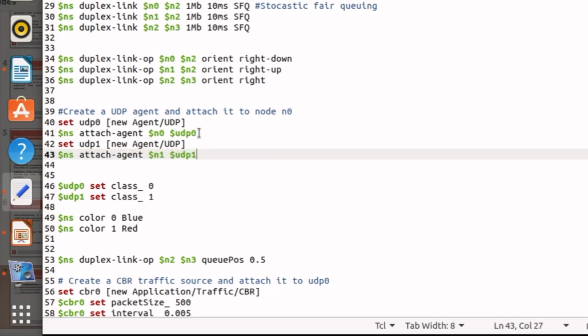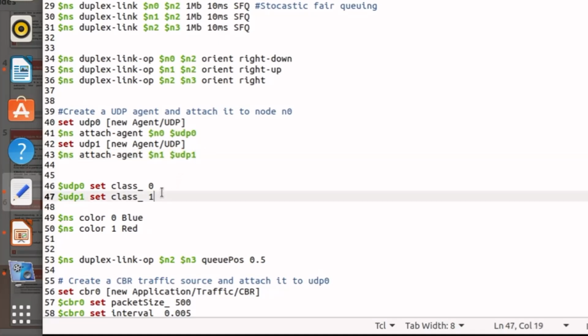So two nodes, N0 and N1, are attached with UDP agents. N0 is connected to UDP 0, N1 is connected to UDP 1. We cannot connect the same variable to both, because two nodes cannot contain the same agent. The protocol will be the same, but the agent will be different.